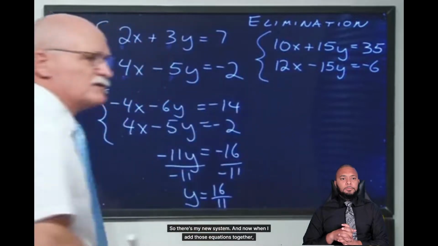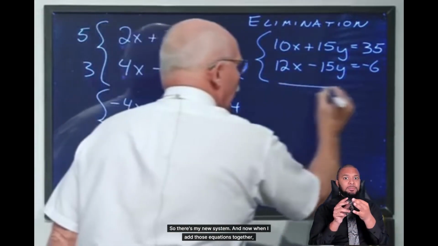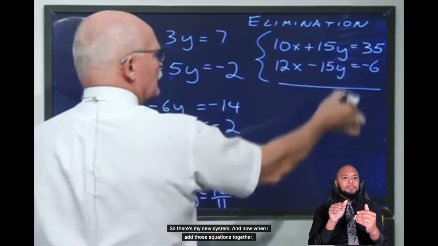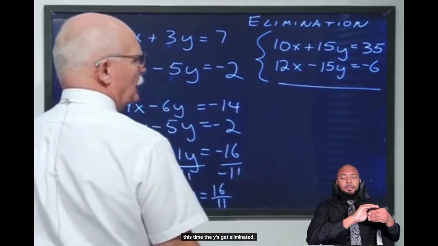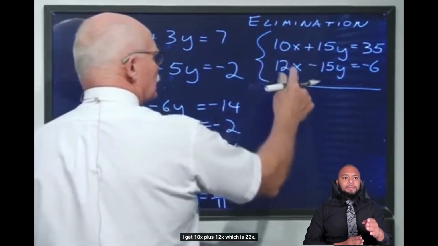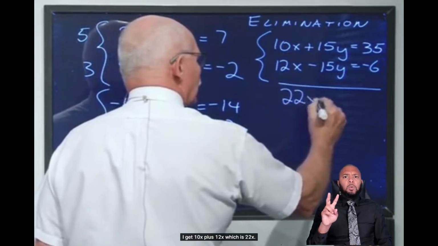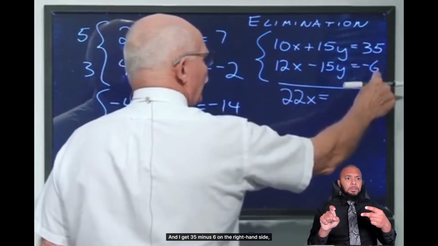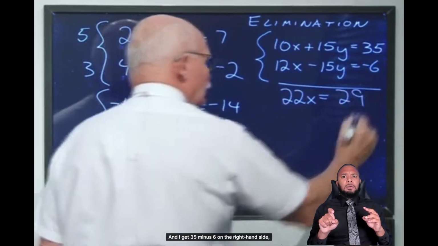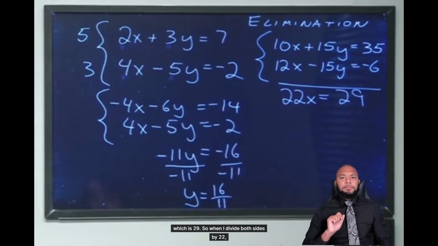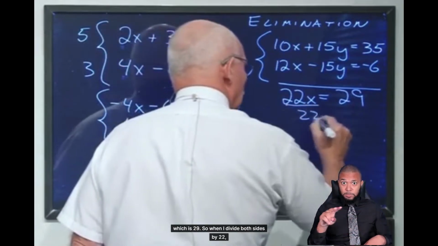So there's my new system. And now when I add those equations together, this time the y's get eliminated. I get 10x plus 12x, which is 22x. And I get 35 minus 6 on the right-hand side, which is 29. So when I divide both sides by 22,